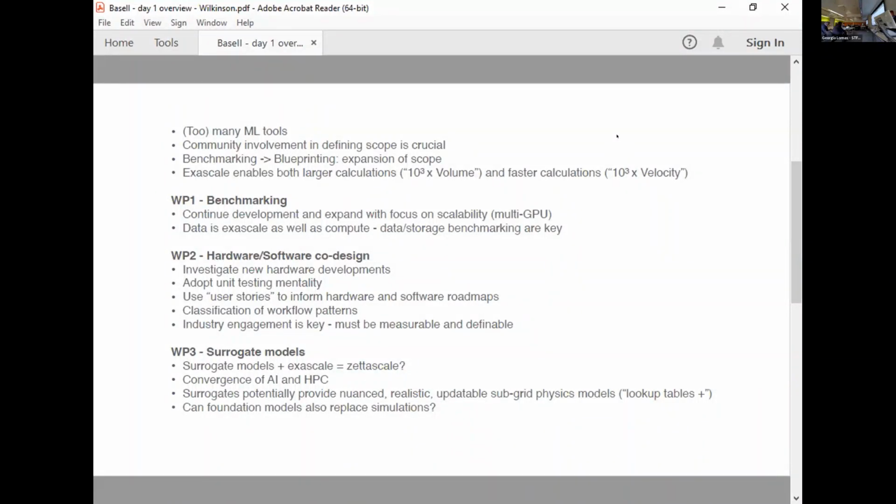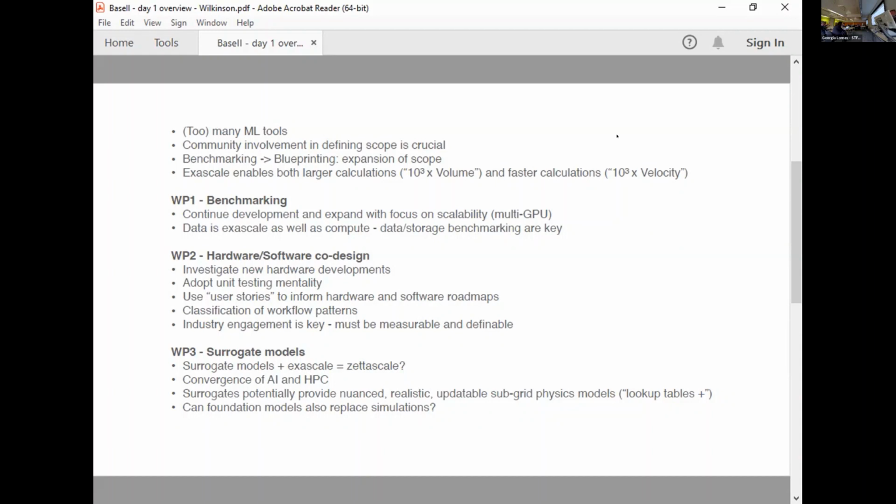There's a clear convergence of AI and HPC. We're all vaguely aware of that, but that's becoming very obvious with things like the large language models, where the requirements for the training are essentially HPC requirements now. But it's important that those requirements are different for training and for inference, and so that's a key thing we're going to have to